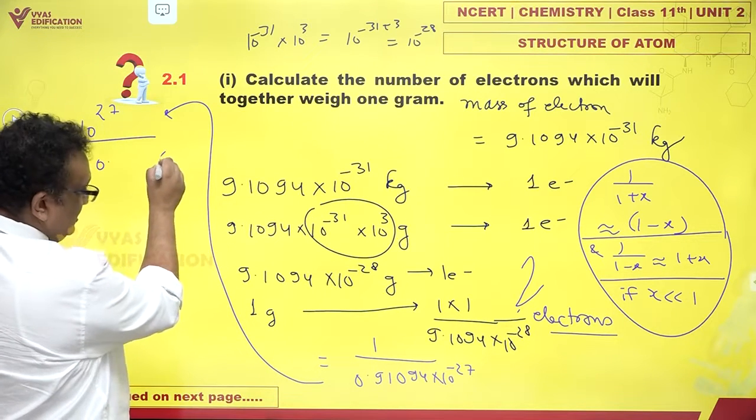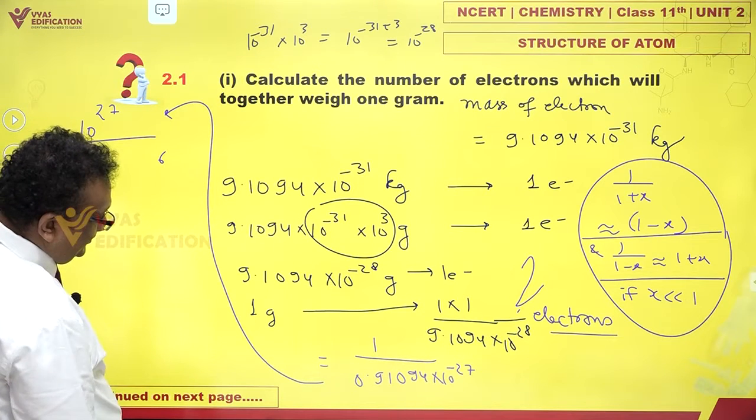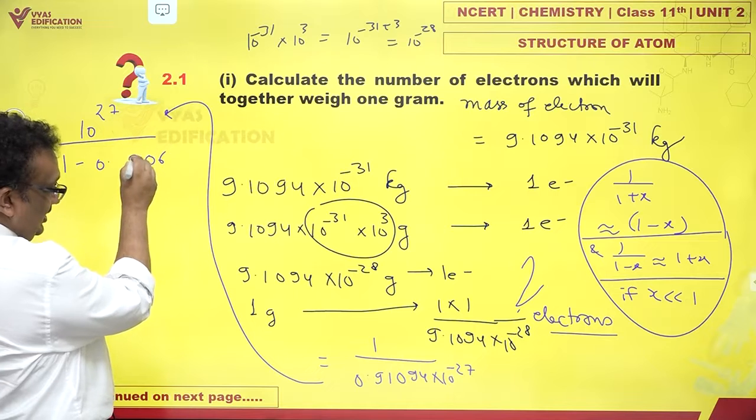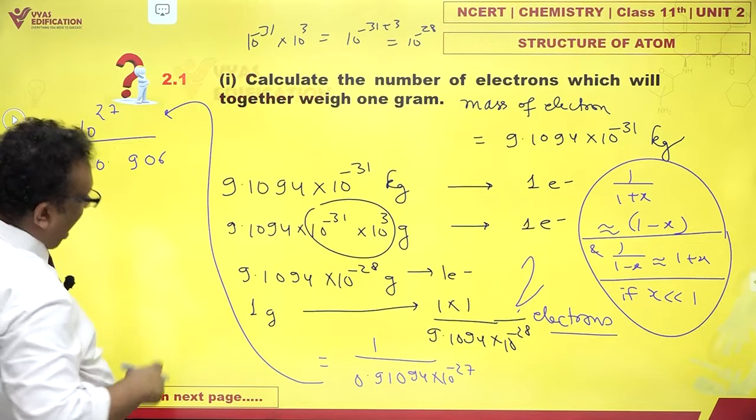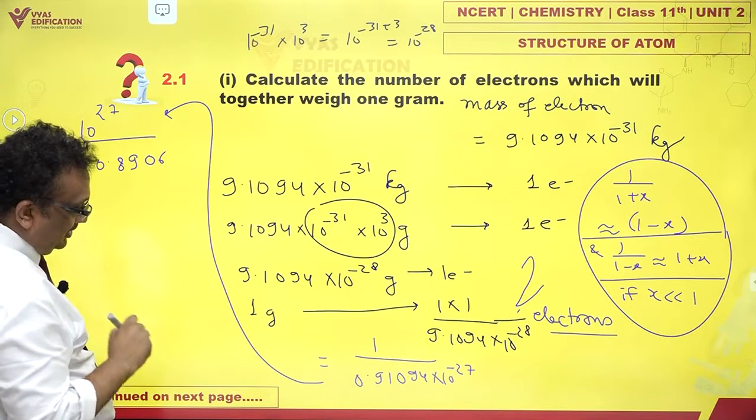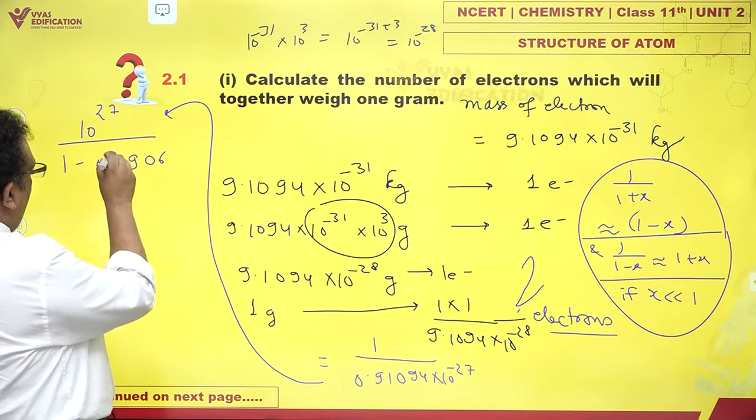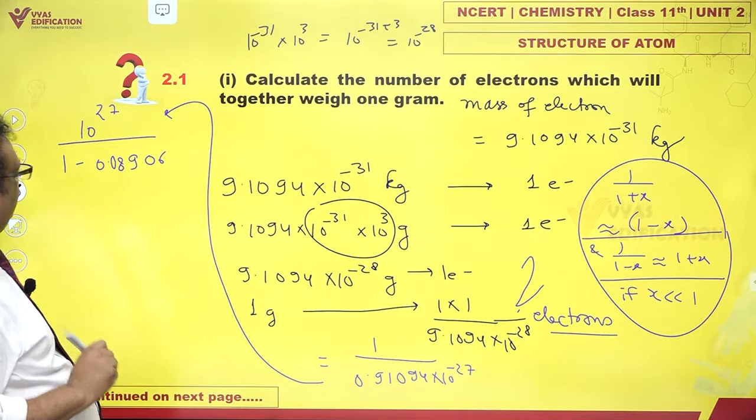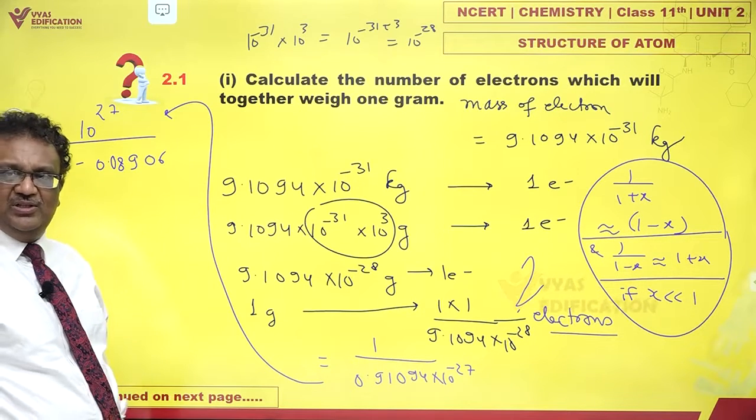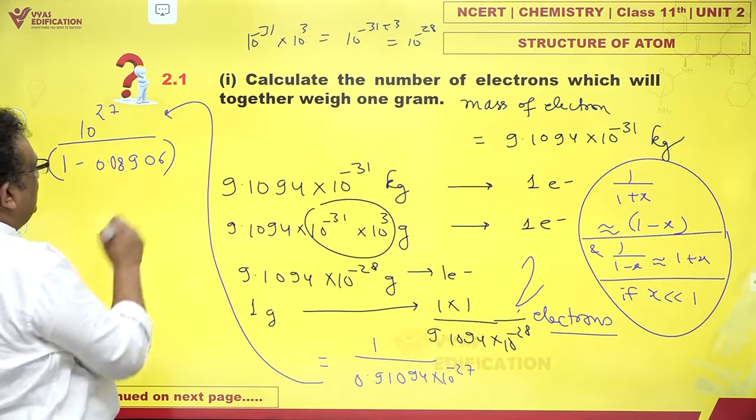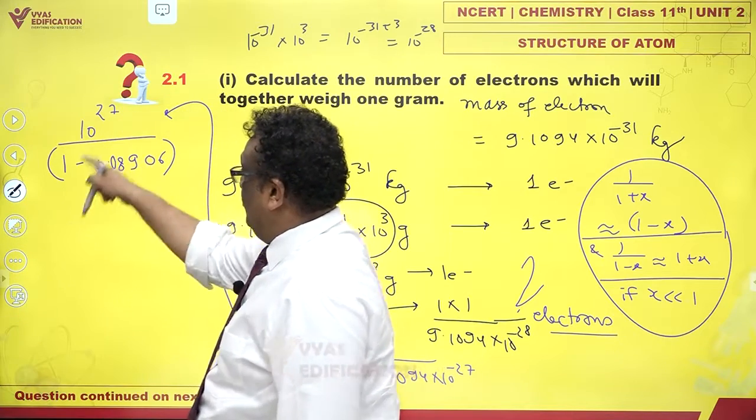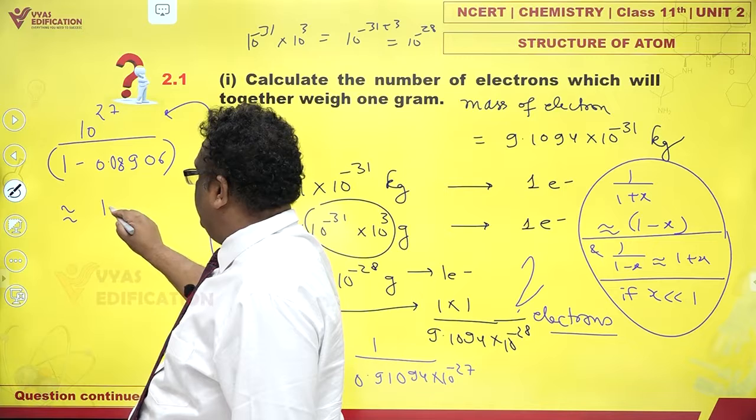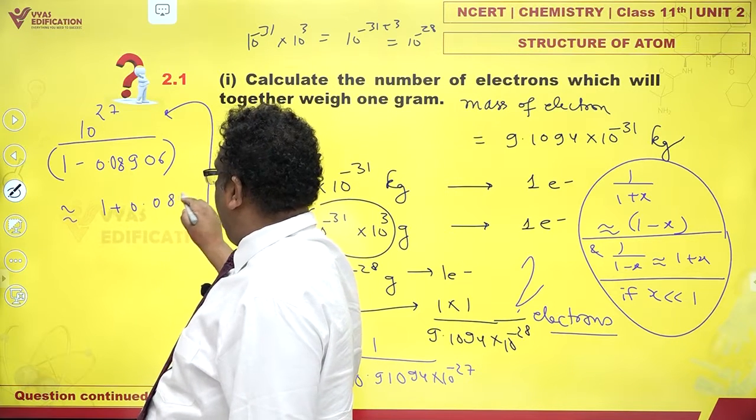Start from this 6, okay, and 0, 9, 8, and this should be 1, 0, 0. So 0.08906 into so much. And 1 upon 1 minus x is approximately 1 plus x. So this is approximately 1 plus 0.08